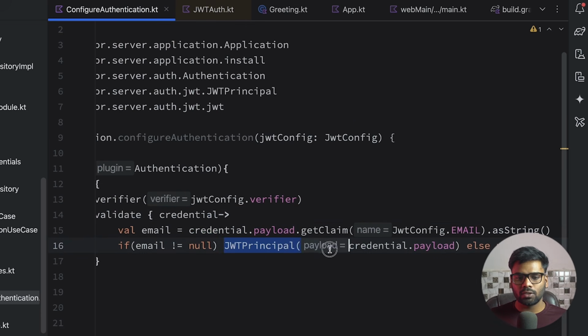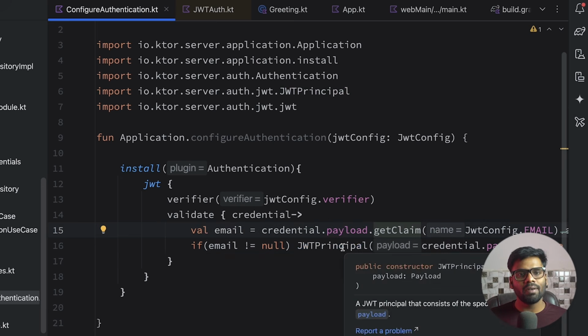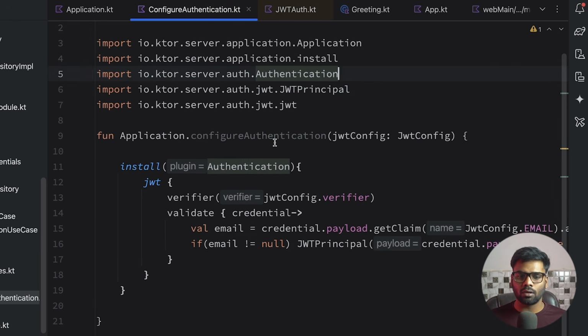So we return a JWTPrincipal that contains information about our payload, and we can access this information anywhere where we want to protect our APIs. We can get this JWTPrincipal and use it to get the information about the user email. Alright, so now we are done with the configureAuthentication. It's time